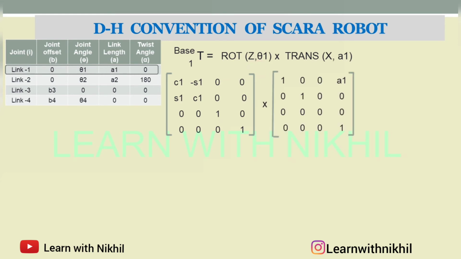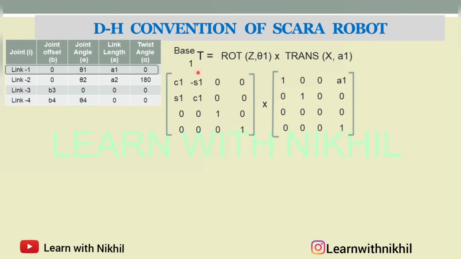Similarly, the translation matrix is translation along x axis with a distance of a1. So for translation matrix you have this matrix. This represents translation along x. If you want to study this, you can visit my previous lectures where I have explained the rotation for XYZ axis and translation about XYZ axis. You can refer to that, then come back, and you will understand this. So this is the standard thing.